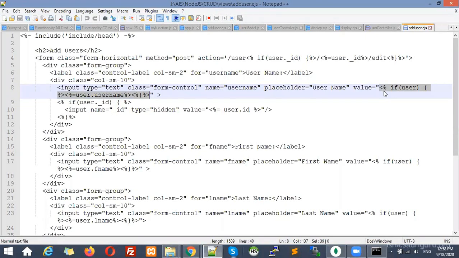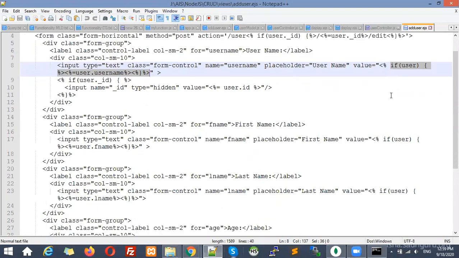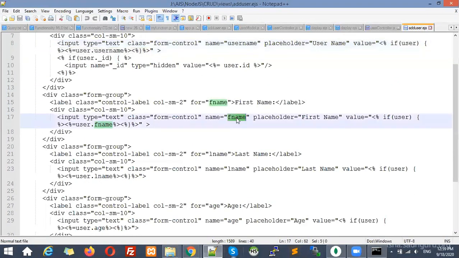If I have passed the parameter, that means if the user parameter is available, then only I need to display its username in the first text box. But if this is not available, then this condition will not be true and it will not print anything. That means when we are in insert mode, it will display blank, but when we are in update mode, it will display the record.